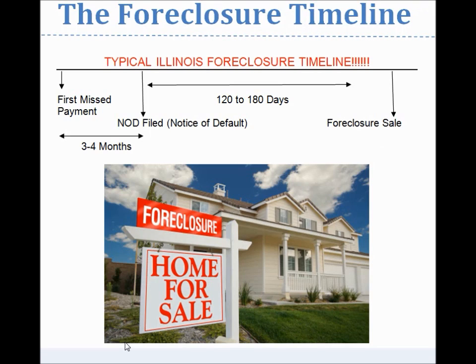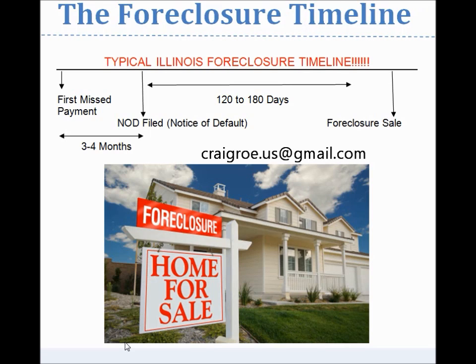It all starts with you usually missing about 3 payments, or a minimum of 3 payments, before the lender decides to turn over your case to its attorney to start a foreclosure proceeding. Usually the attorney takes at least about 30 days to prepare the case against you. Illinois is a judicial state, so the foreclosure is actually a lawsuit that has to be filed against you in a court of law. After the attorney pulls the title report and reviews all your mortgage documents, he actually files the case with the court.